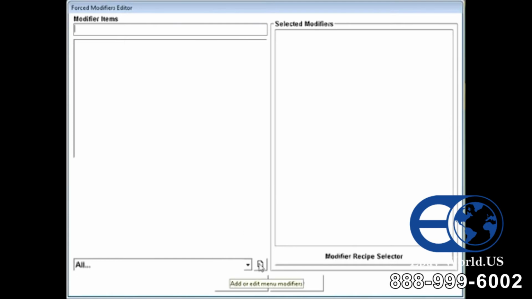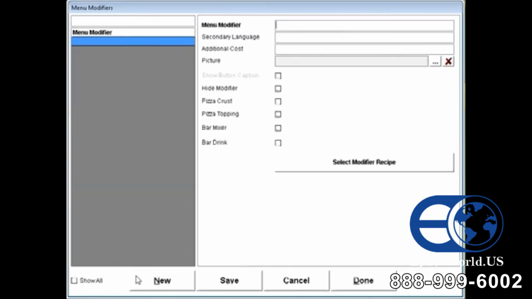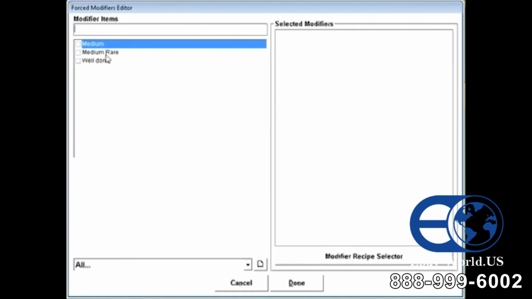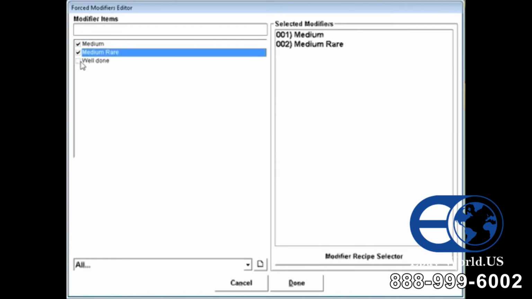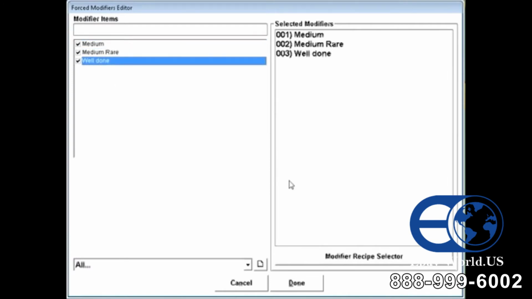Typical things that you would do for a forced modifier might be temperature of an item. So if I wanted to create a new item, I'd simply click the little paper down here, and I could create things like medium and hit Save. Click New. I can make it medium rare. Well done, etc. And once I've chosen those, I can check in the ones that I'd like to appear on my menu